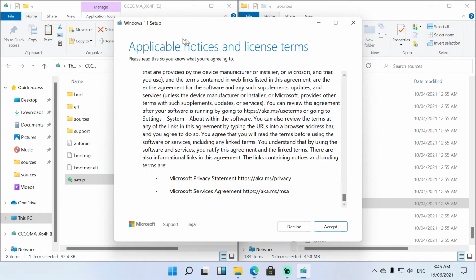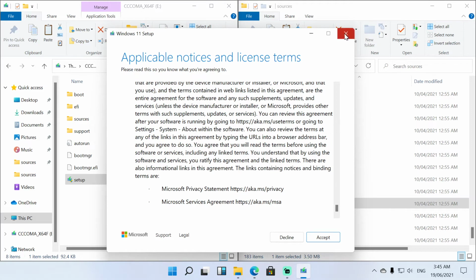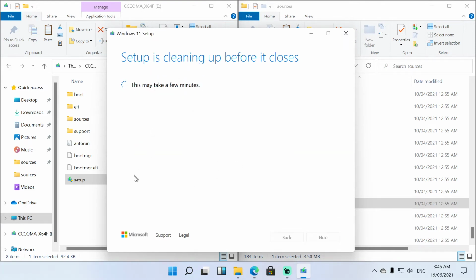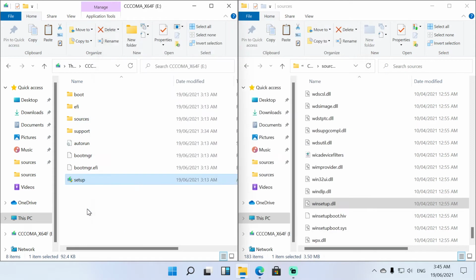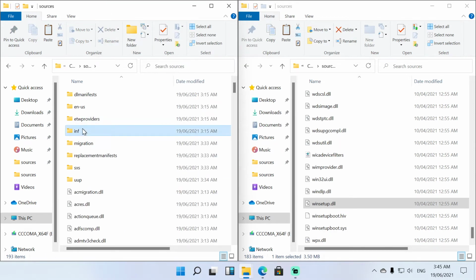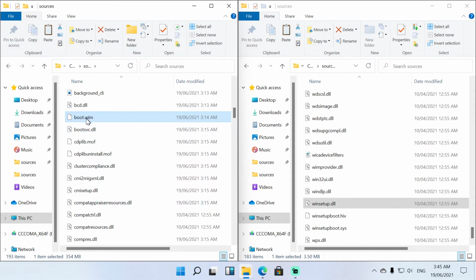However, that is not yet going to work. There are some more steps to perform. Alright, so we're going to quit that. We don't need that. Now what we need to do is make some modifications to another file. So if we open up the sources directory again, and we go down and we find this file here,